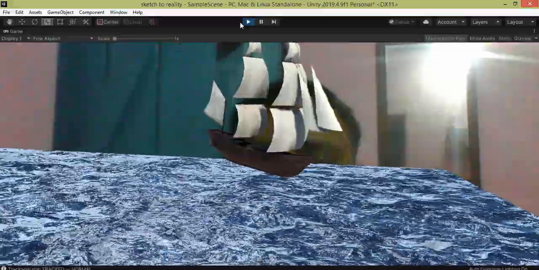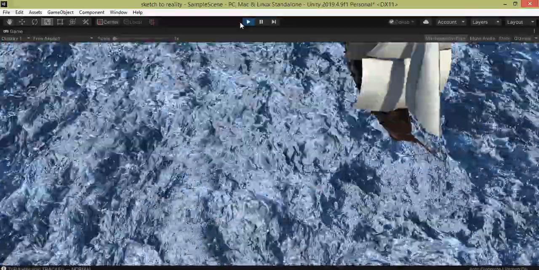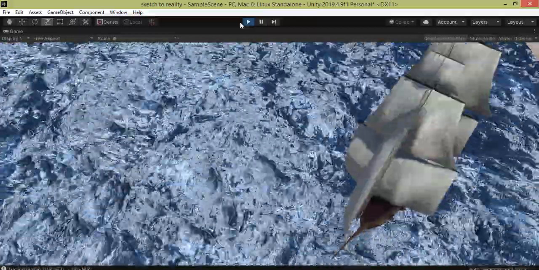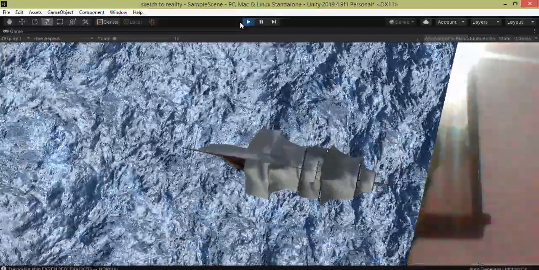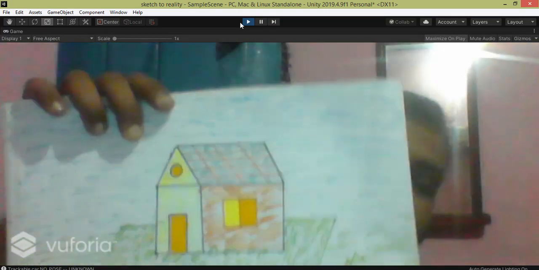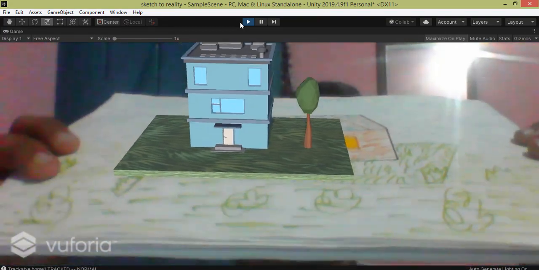So that's how you convert your sketch into a reality. If I change the image, like right now it's a ship, and if I change the image from ship to car, now you will see the car has appeared here, and again if I change it to the house, move it a little bit closer, now you will see the house has appeared here.